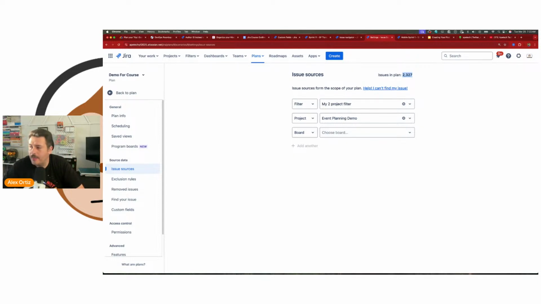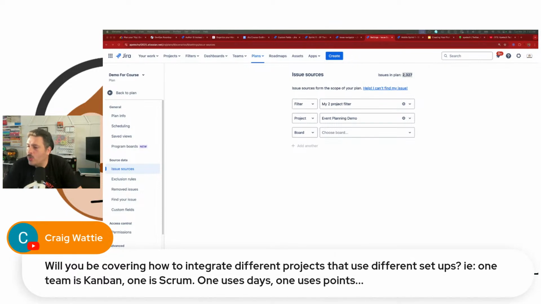Craig says, will you be covering how to integrate different projects that use different setups, Kanban versus Scrum? One uses dates, one uses points. I can demonstrate it to you, but this is why these settings are important. If you choose to mix and match, if you choose to bring in one versus the other, you just have to expect that your experience is going to be degraded